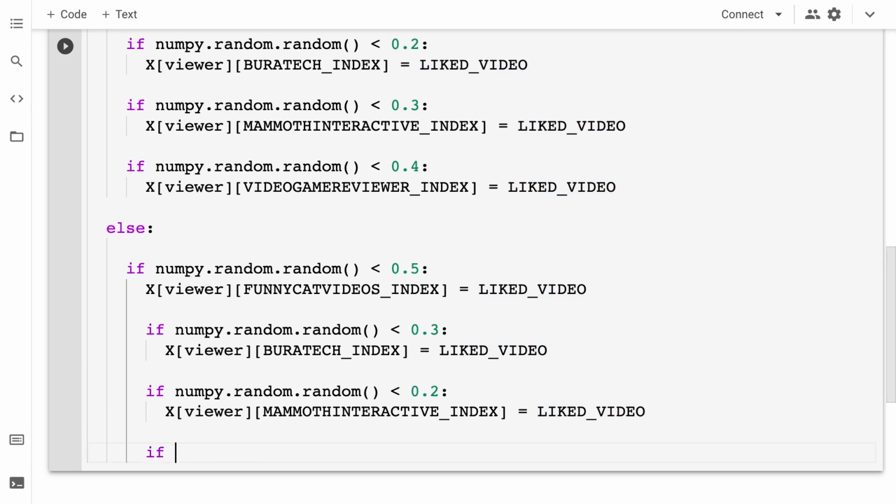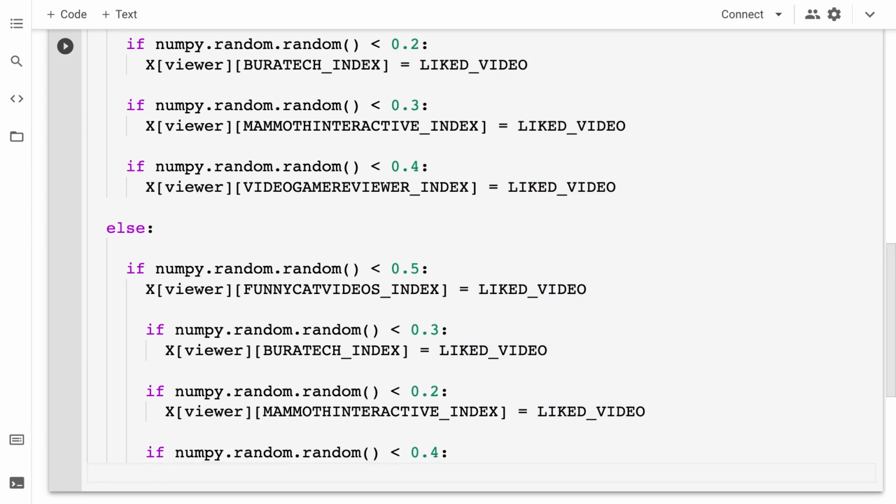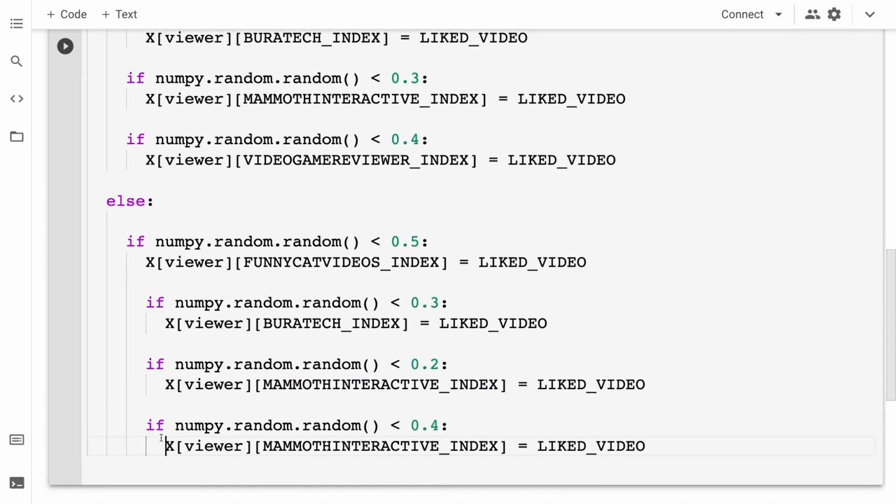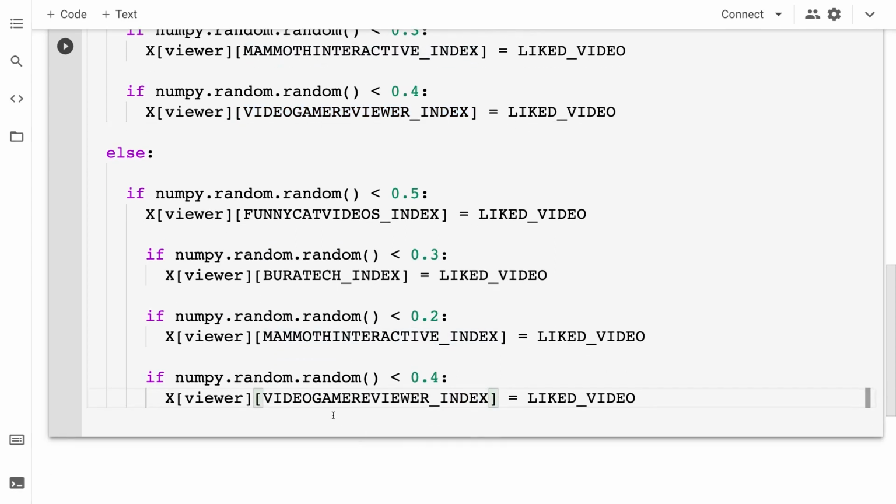We have one more channel to account for. So I'm going to say if numpy.random.random is less than 0.4, then I'm going to just paste this line again. Just make sure you have the indentation exactly lined up, because in Python indentation matters. And we're going to set the video game reviewer column to liked.